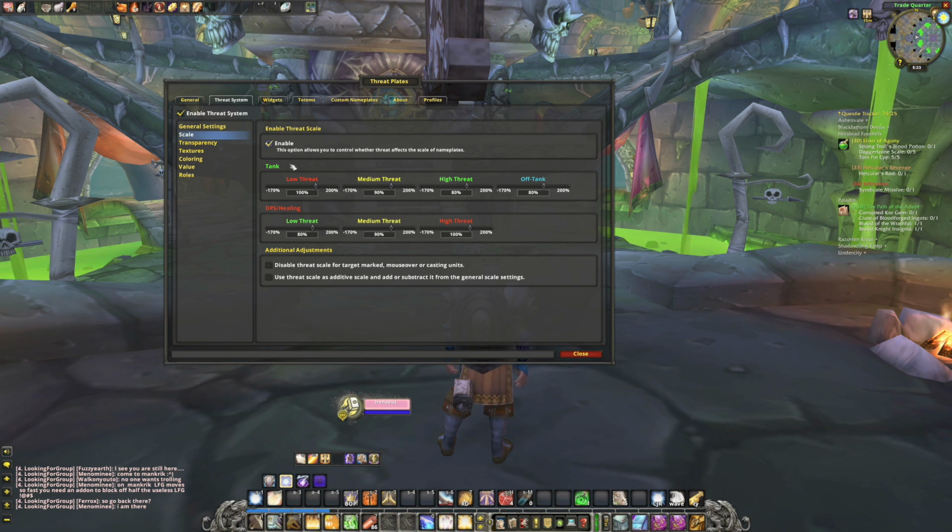And if you lose threat completely, then whatever mob you lost threat on, that nameplate is going to go to red. So you'll see it, and it's a really great representation when you're tanking. I like it a lot. And then of course for healing it's the same way, just reversed. So low threat is green, medium threat is yellow, and high threat is